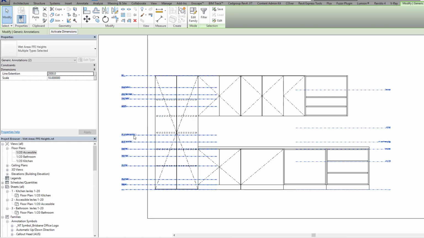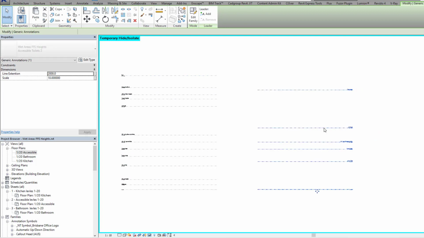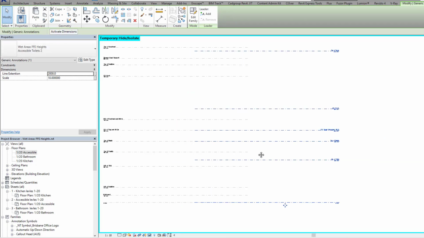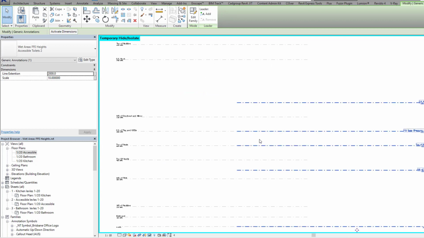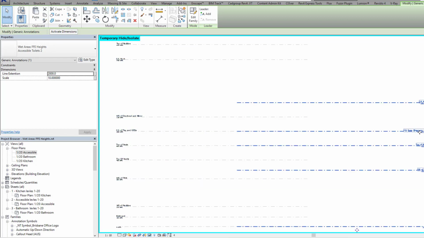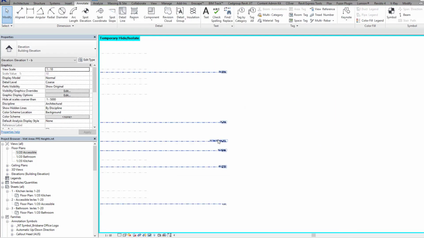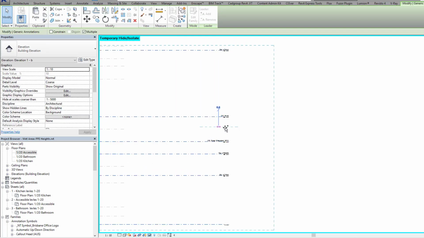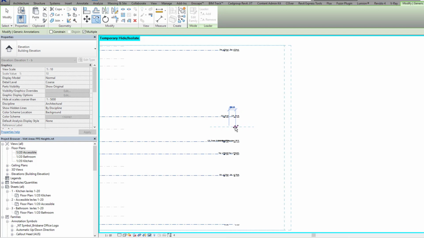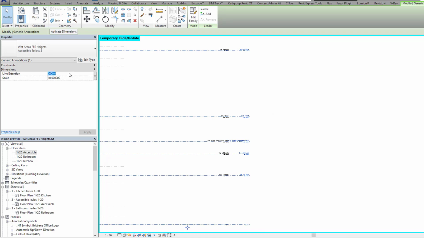So if I just isolate those and bring them together, you can see that there are a few elements that line up, but I can have a different piece of text at each end. So this one's the top of GPOs, this is top of their soap dispenser, and you can also, if you want to, stack these up if you've got a whole heap of information to communicate. So if I just move this across and set that to